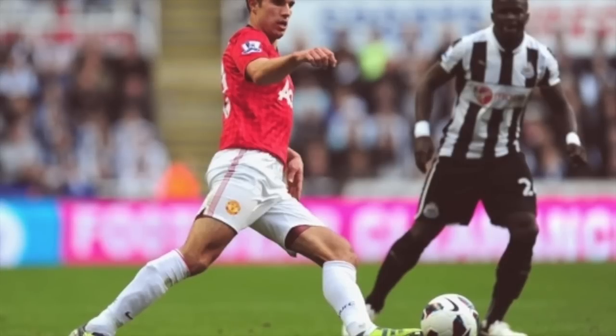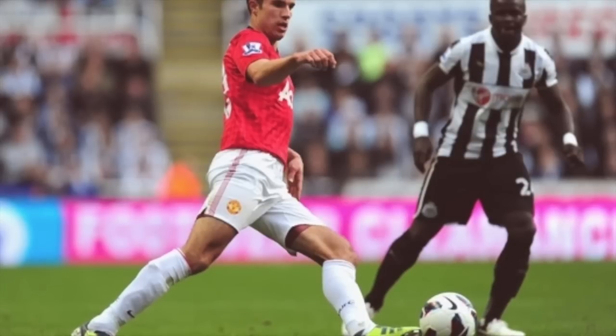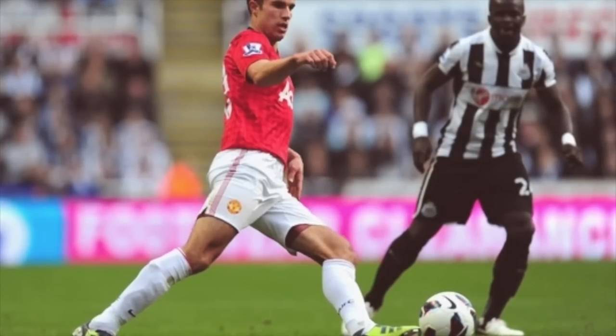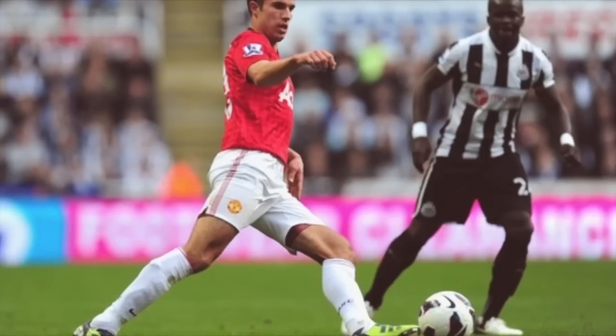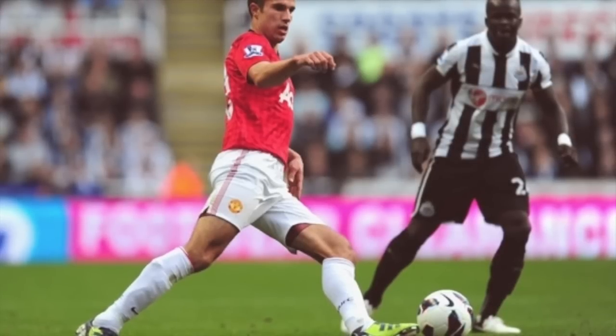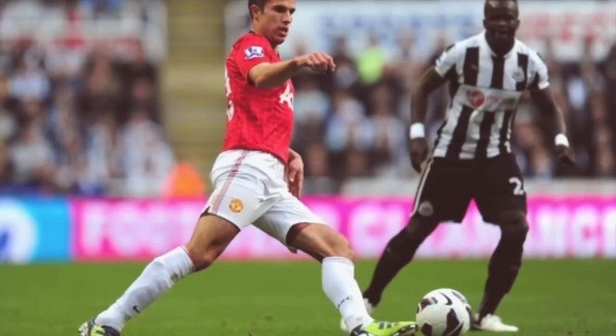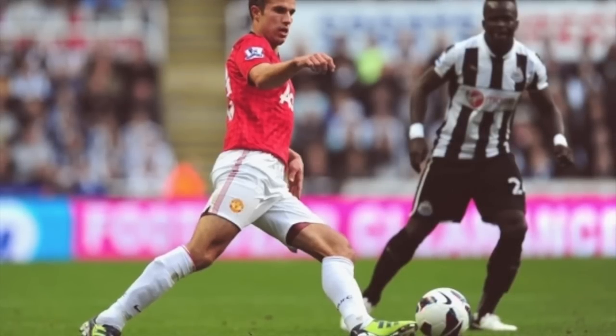Yohan Cabaye was getting a bit frustrated. There was, I think, a total of 8 yellow cards or something like that in the game. So it was a stop-start game from both sides, just little niggling fouls here and there. And so there wasn't a lot of smooth rhythm throughout the game, but I thought United were still comfortable at